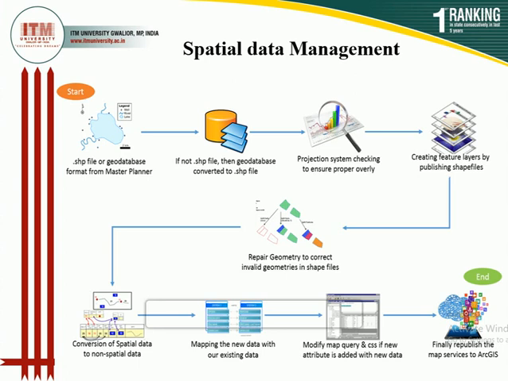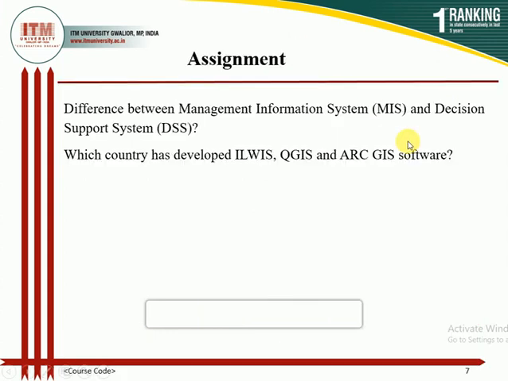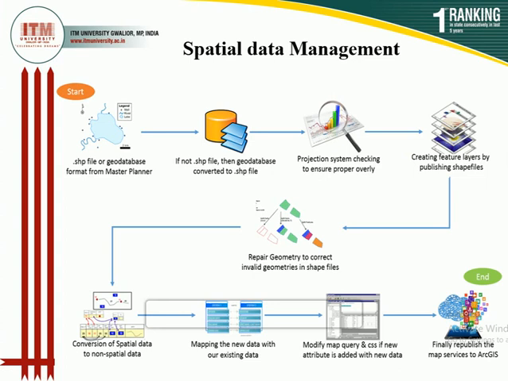Projection of that shapefile means whatever information is present in that particular file is converted into layer form. Specific information, like the first layer will include the topographic data, the second will include the socioeconomic data, the third will include the land variation data, like that. After then, the variation in the boundary is repaired, meaning different data are of different scale. Some include the data of a larger area, some include the data of a smaller area, so a uniform boundary for all the data is made.